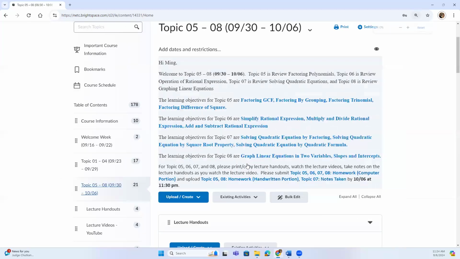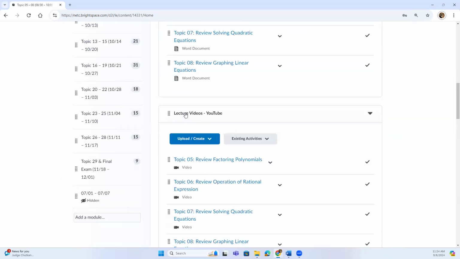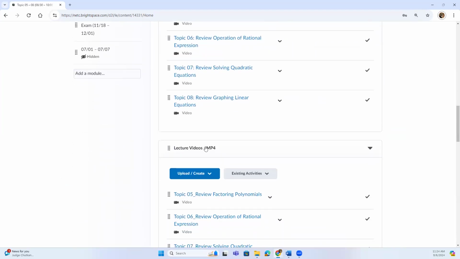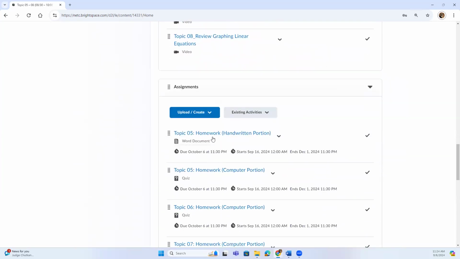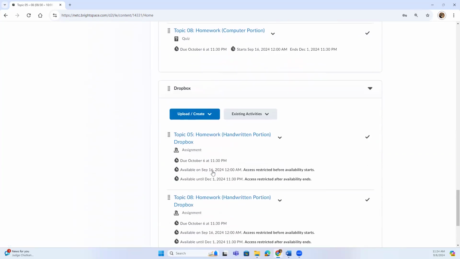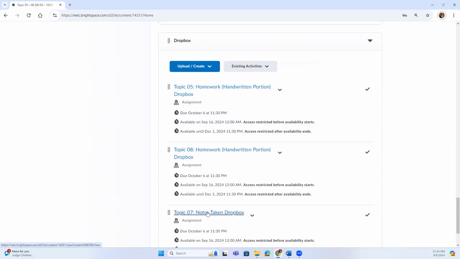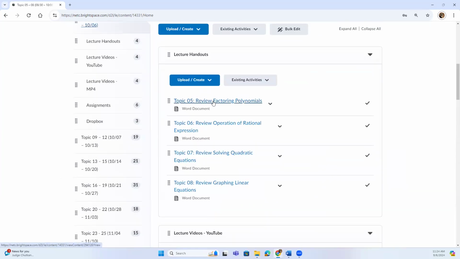For any given week, you will be given lecture handouts, and lecture videos in YouTube form or in MP4. Then you'll be given your assignments, and you'll be given something called a Dropbox. So what students do every week is print or copy down